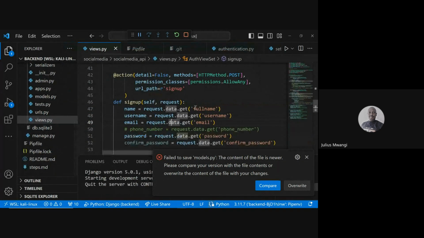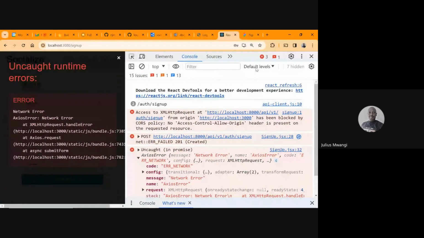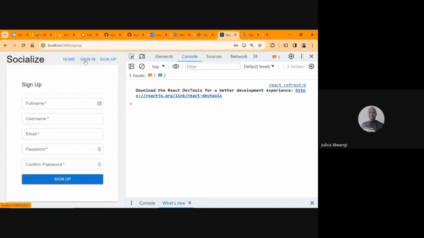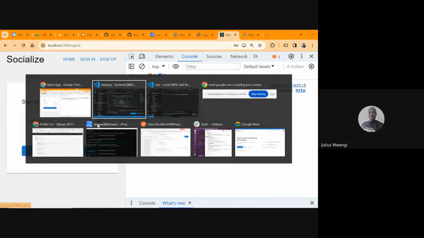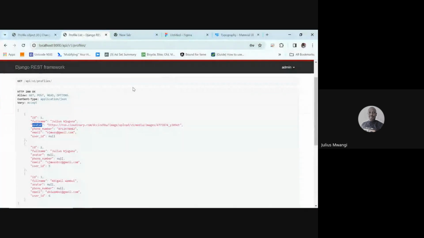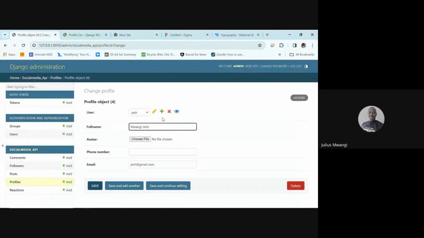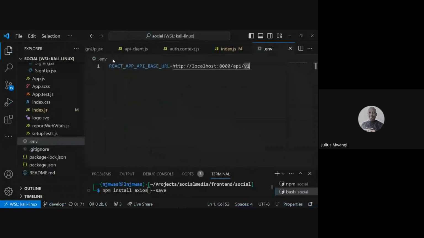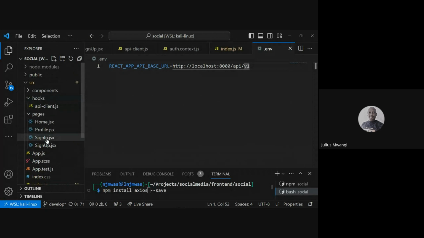All that information is sent via the network. So we have signed up a user. How then do we sign in this particular user? So I'll go to the sign in page. I'll explain that the same thing that I did for the sign up is the same thing that we have also for the sign in. So if we go to the sign in page,